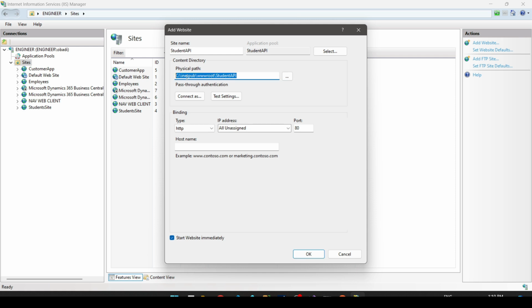That is C:\inetpub\wwwroot\studentapi. Then you can now choose the port. So for the port, I can say I want port 7071. There is no reason as to why I've chosen that particular port, but you can always choose the port